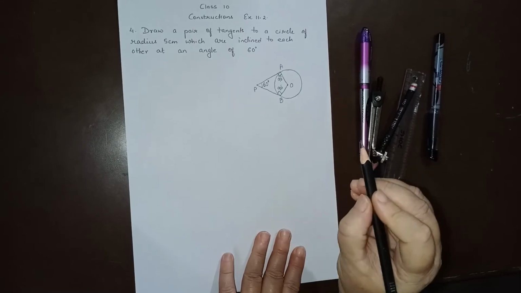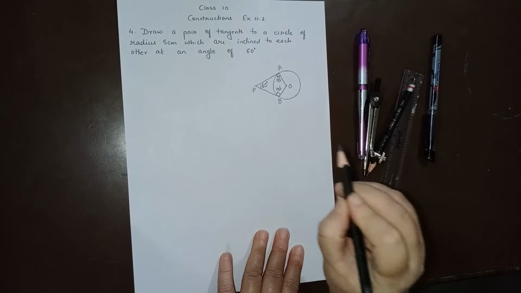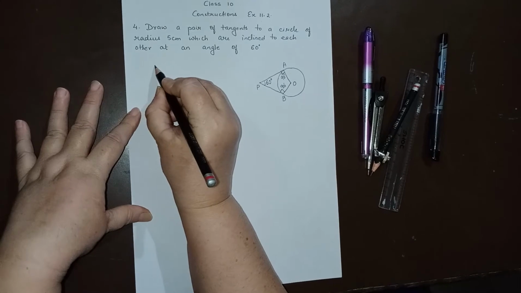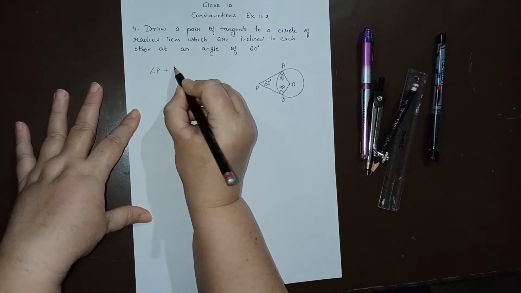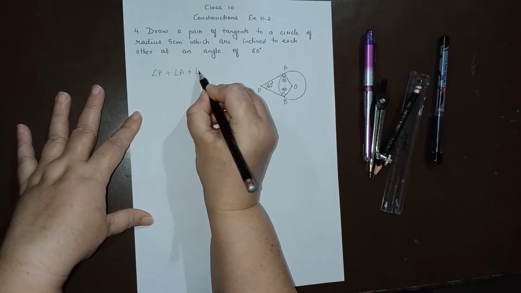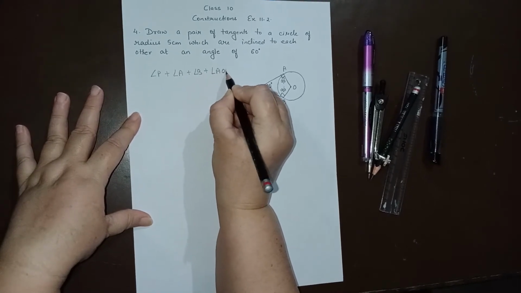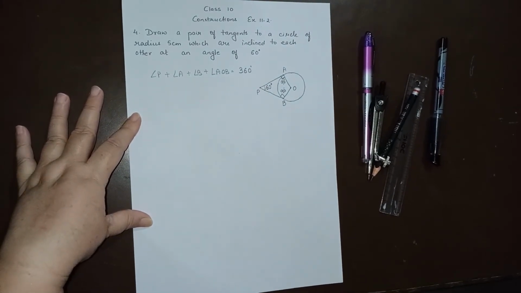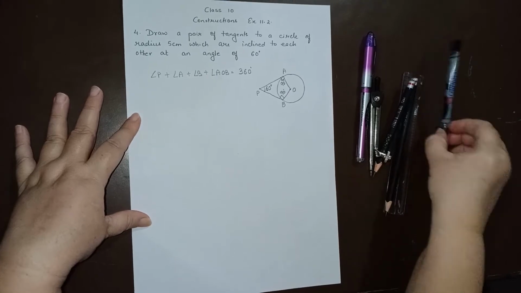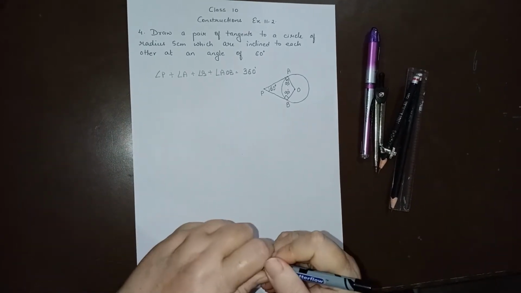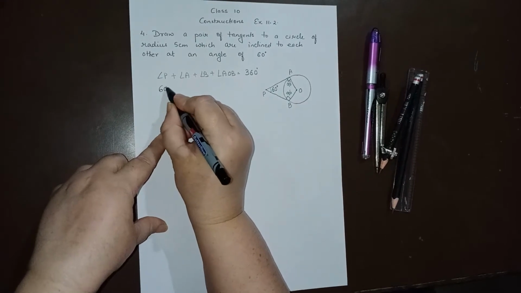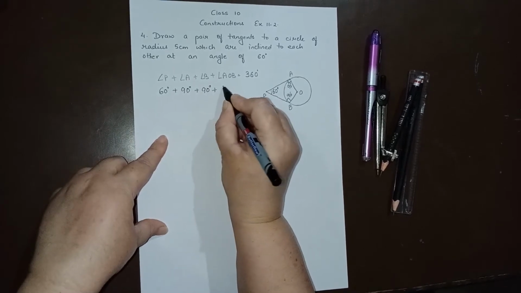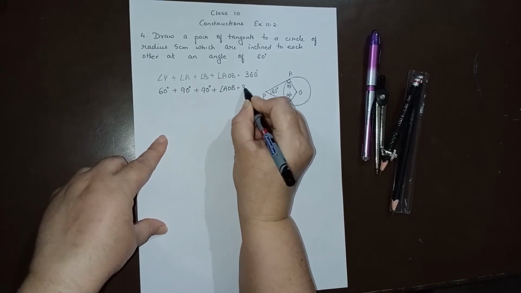Now we all know the angle sum property of a quadrilateral, that is, the sum of the 4 angles of a quadrilateral is equal to 360 degrees. That is, we have angle P plus angle A plus angle B plus angle AOB, that should be equal to 360 degrees. So from here 3 angles are given. Let us find the 4th angle, that is AOB, which is needed in our construction. So this is 60 degrees, this is 90 degrees, this is 90 degrees. This AOB we have to find, and this is equal to 360 degrees.